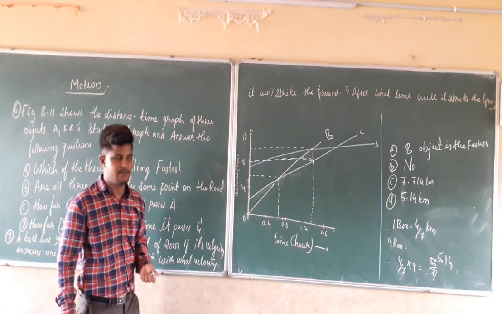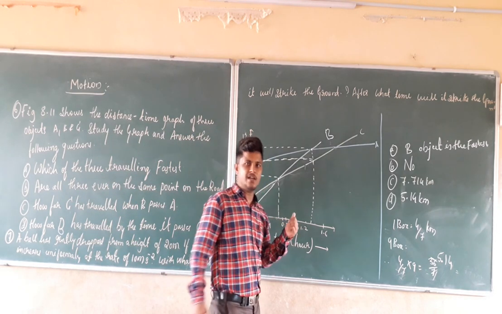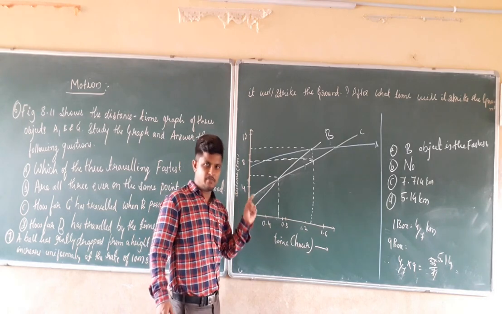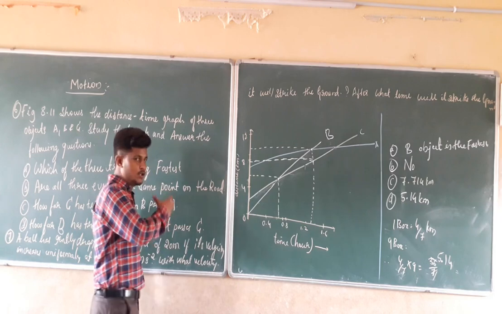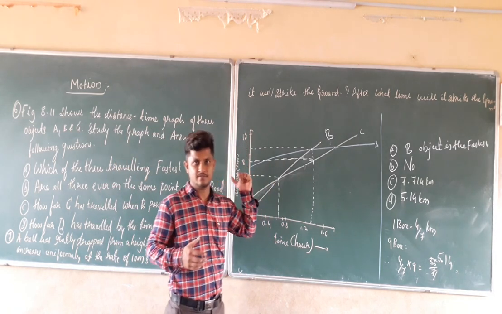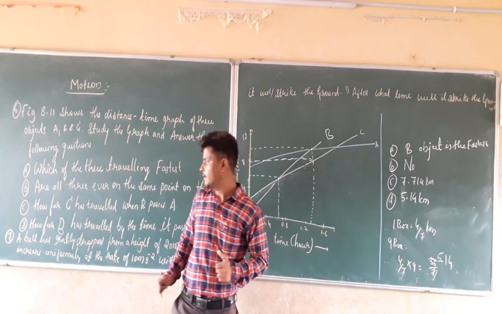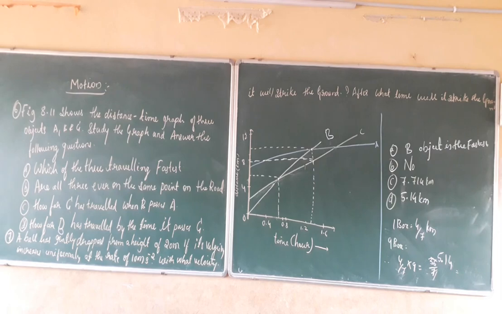I hope this is clear. Everything clear about how to find out those things? Here we first calculate the distance covered for one box, and then we calculate what is given in the question. According to that question, we mark those values and find out the answers. Right? I hope this is clear. Next we are going to solve the seventh question.